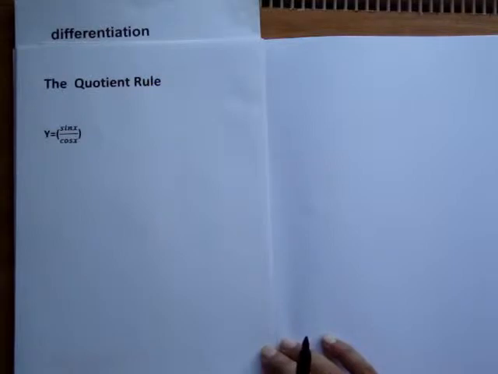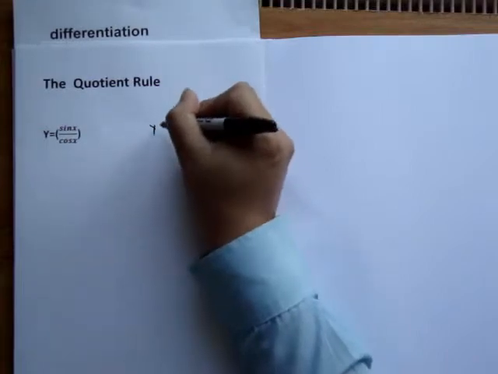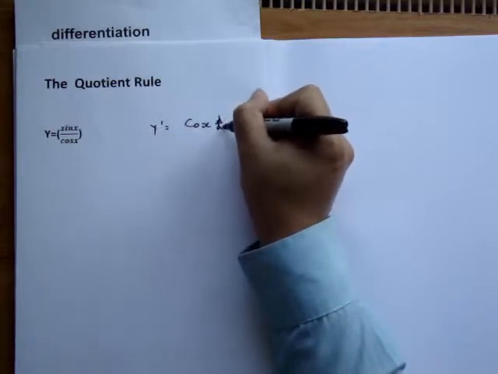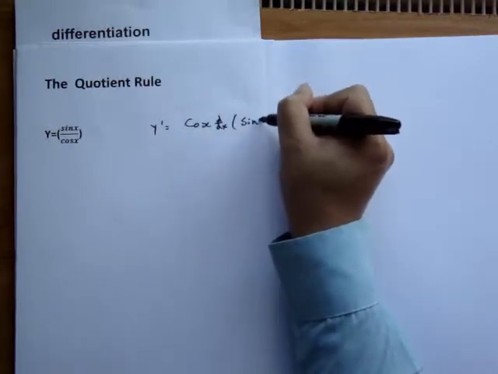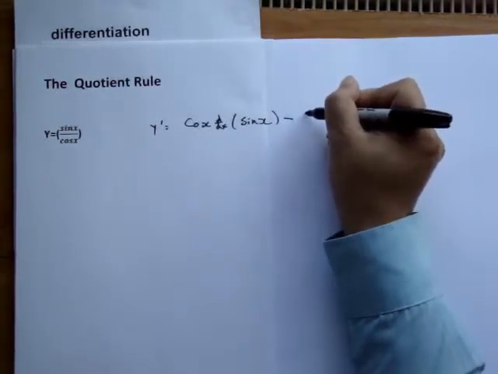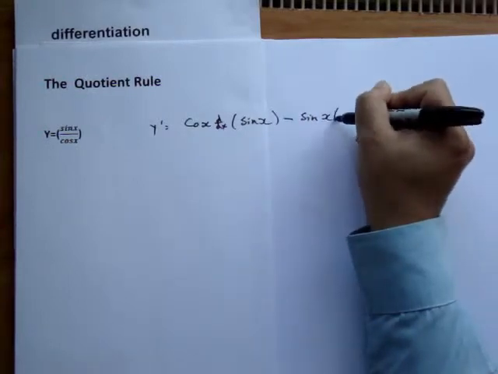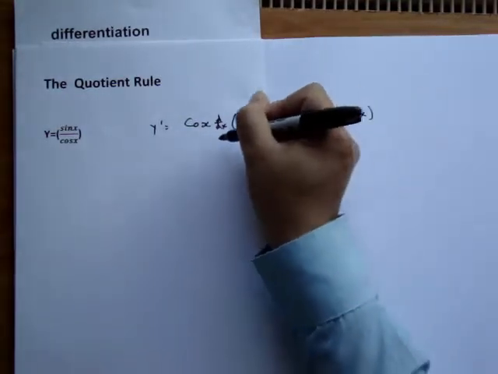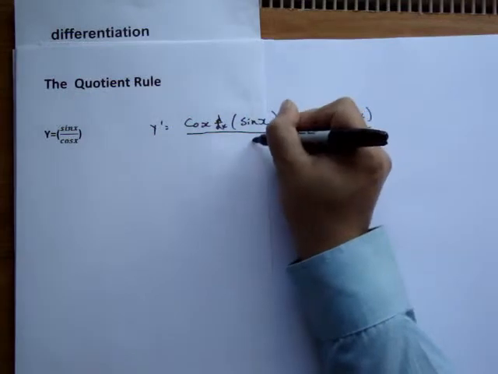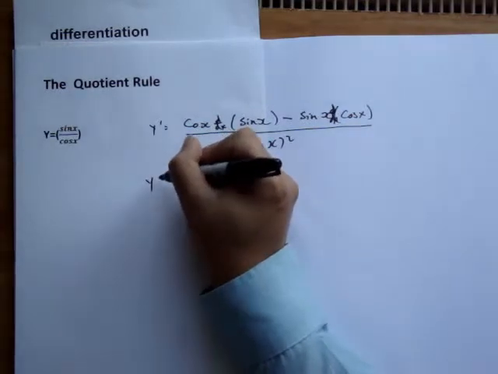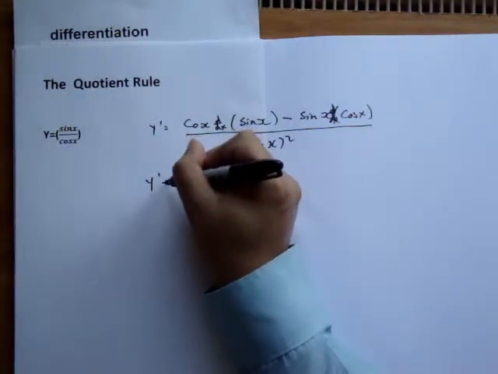Okay, let's do a quick example using sine x and cos x. So using the quotient rule, we get y prime equals cos x multiplied by the derivative of sine x, let's put that in brackets, minus the numerator, which is sine x, multiplied by the derivative of cos x. And all that is over cos x squared. So y prime becomes